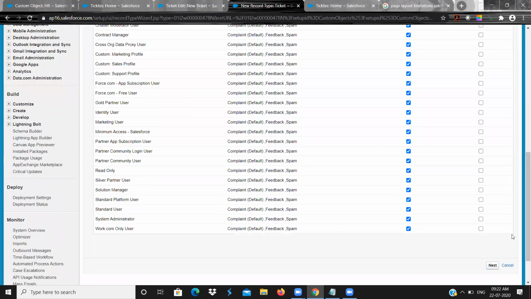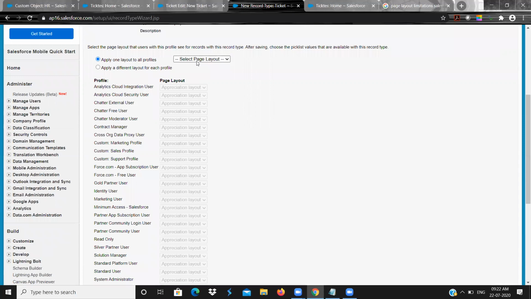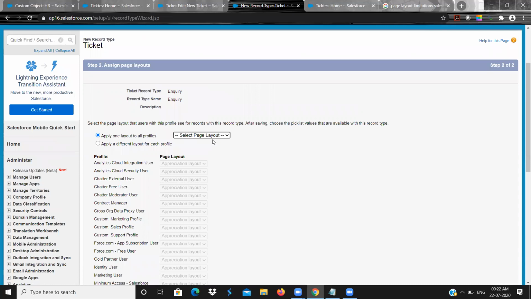So next, what is the layout that you want when the user sees the inquiry? For inquiry, I think we did not create a layout.